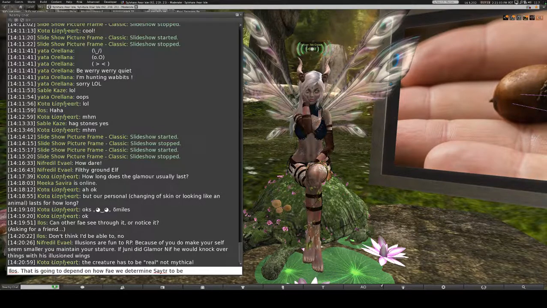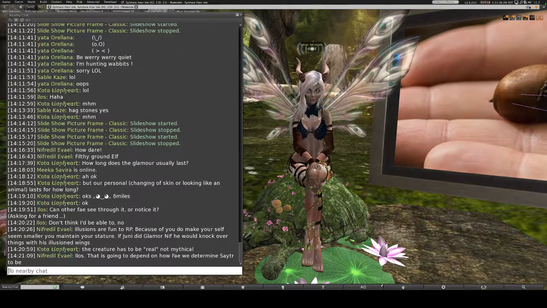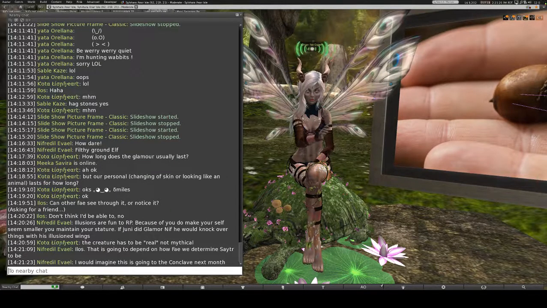Yes, Coda. They cannot be a mythical, magical type creature. And personally, I just want to put that out there: I wouldn't have an issue with a satyr being able to see through my glamour. It's just they would have to reach out to me if we're in RP, because if they did that in RP, it could damage a storyline that I'm trying to do. Does that make sense, Elos?